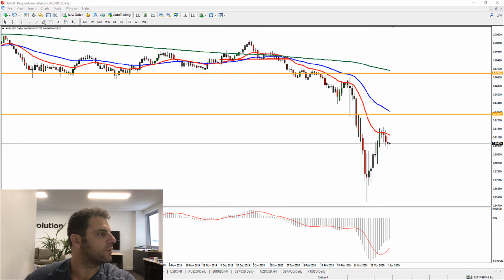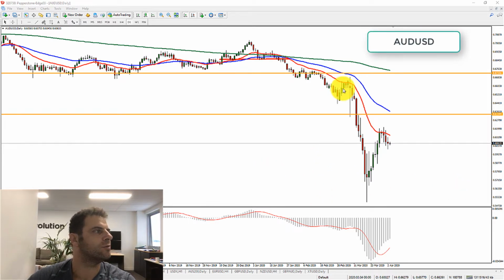So we'll make a start on the Aussie. We can see that we've had this nice pullback to the 20 moving average on a daily chart. I really do love this level. I think it's certainly reacted there. We can see these couple of candles that played out around this 20 moving average. We've seen the rejections and we've seen a little bit of a sell-off now. Whether it continues on its way down, MACD's indicating that it might have a bit more strength on the upside, but it's got a little bit of work to do